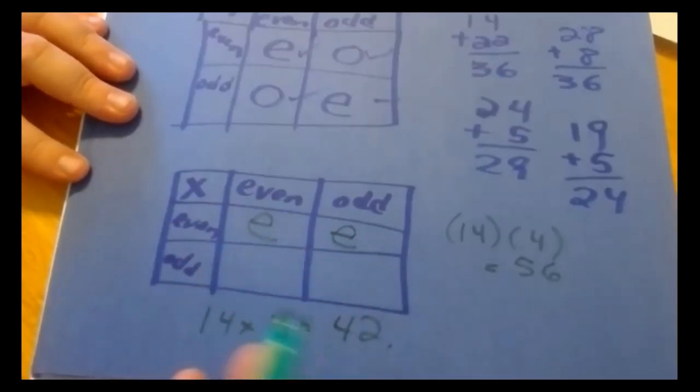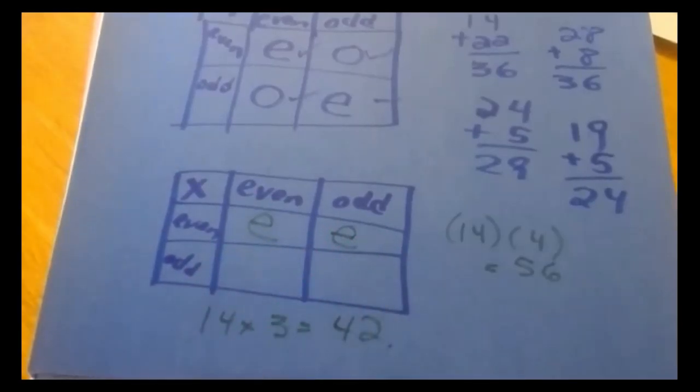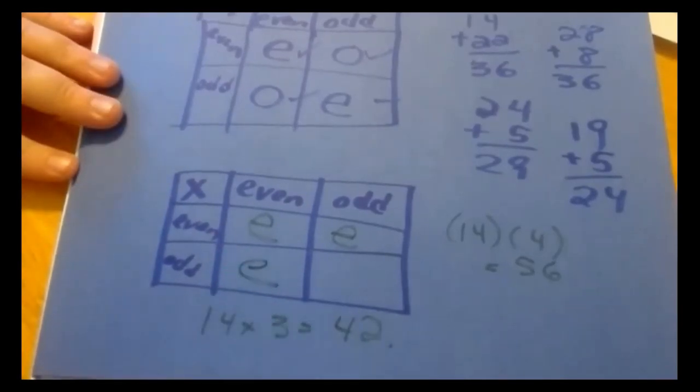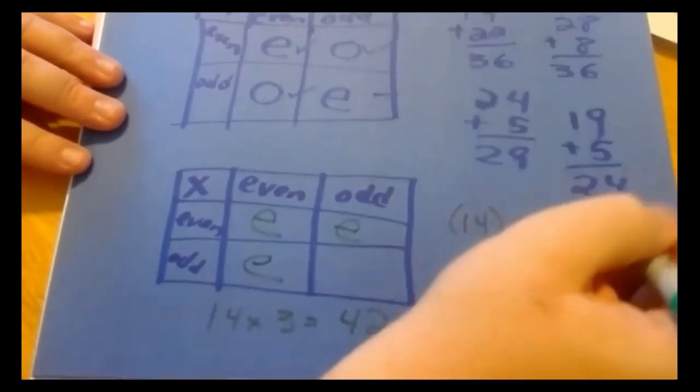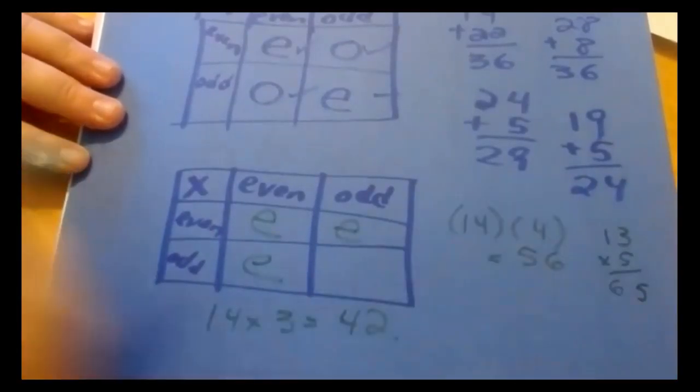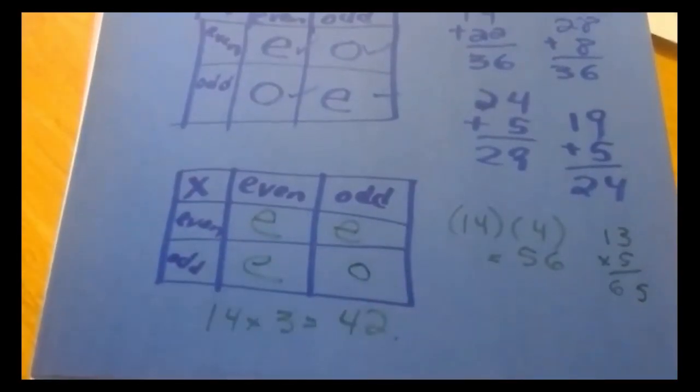And because we're comfortable with the commutative property, of course, an odd times an even also would be even. When we multiply two odd numbers, that's the only time that we wind up with an odd solution. 13 times 5 is 65. So there we go. So when you do your web assignment practice and you come to this question, let's remember